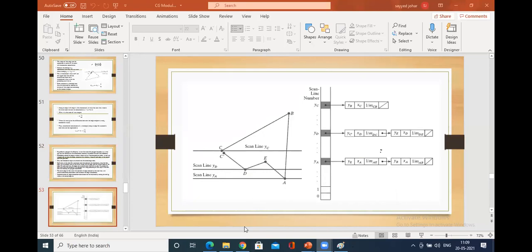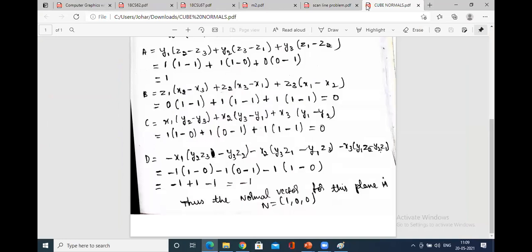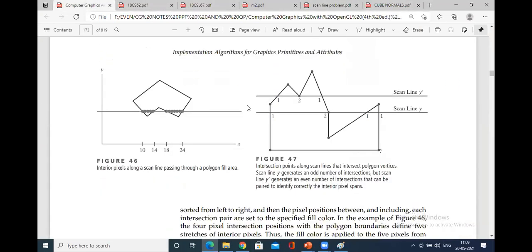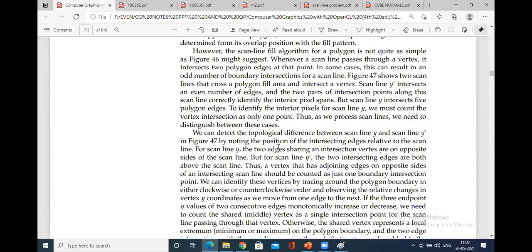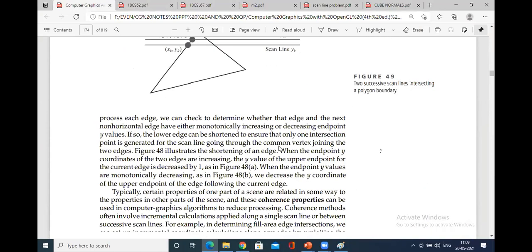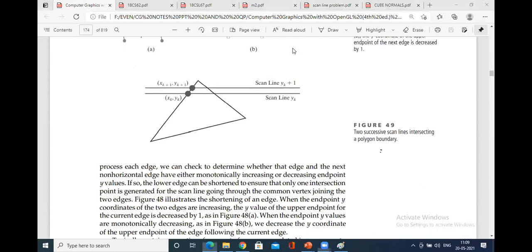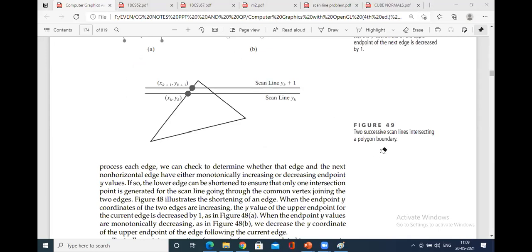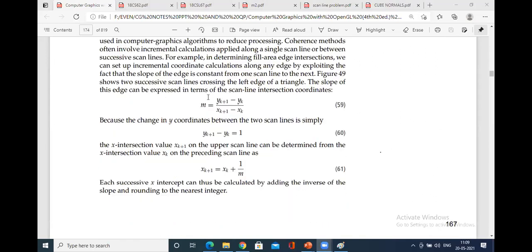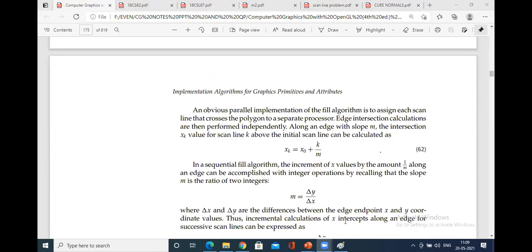Now coming to the major concept, the data structures that we are going to use. See here, this is a scan line. This is the general scan line algorithm, and I have forwarded the notes to all of you. A lot of theoretical concepts are there, and you have to go into exactly the concept that you need. The major concept that you have to follow is this. These equations you have to elaborate logically, and finally you have to derive this.